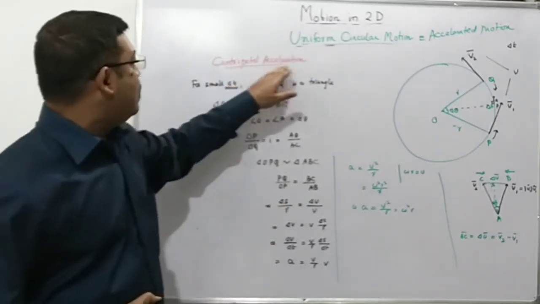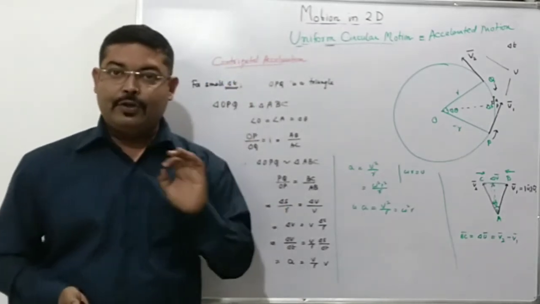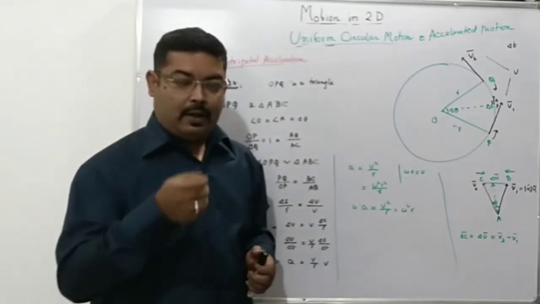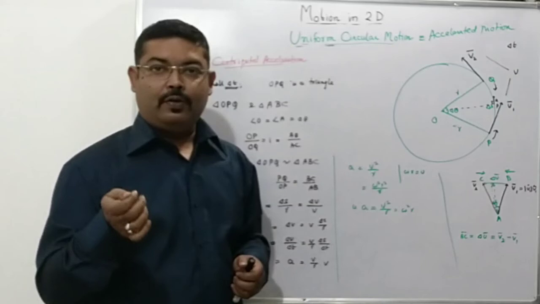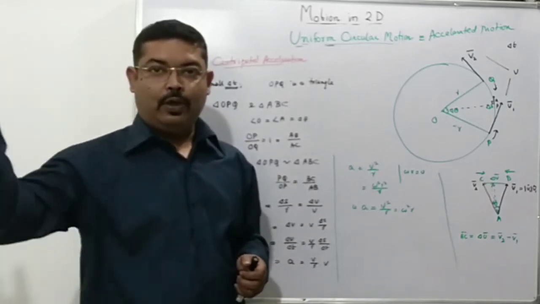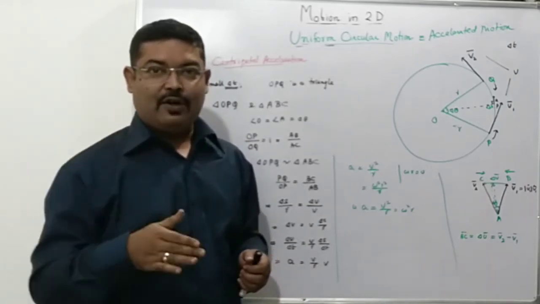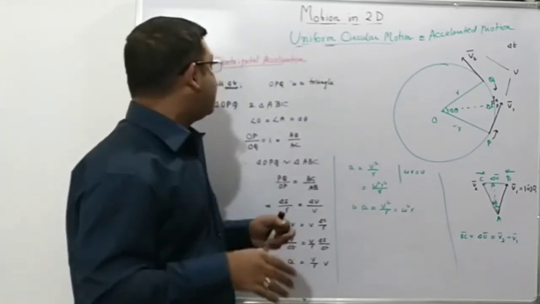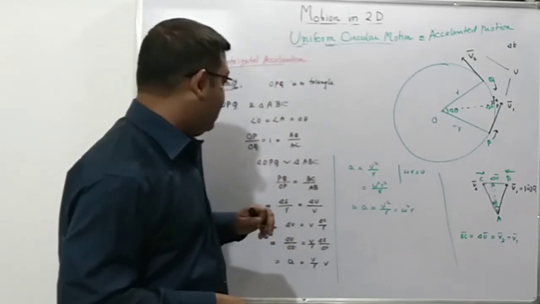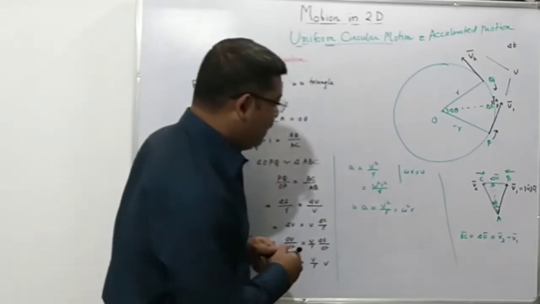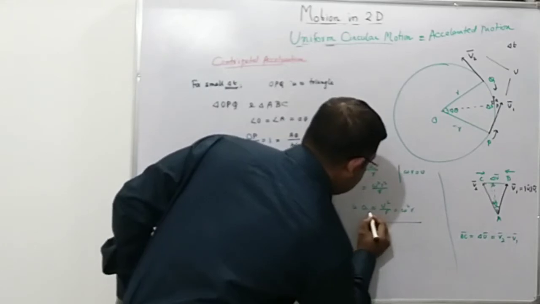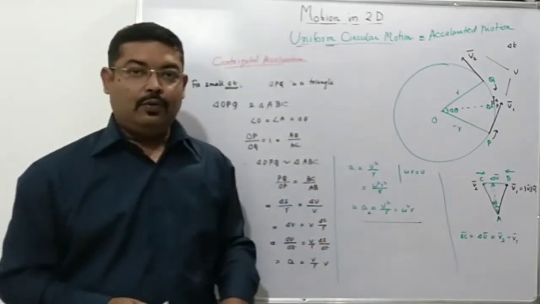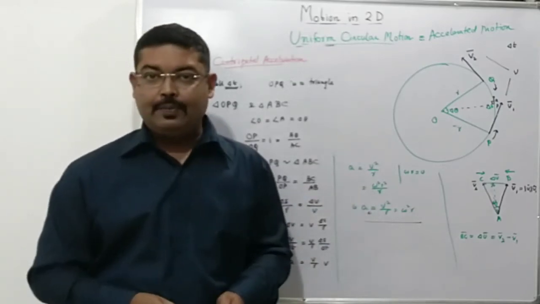Now, why is it called centripetal acceleration? That particular question will come to our mind. See, when an object is in uniform circular motion, you have to hold it or pull it towards yourself, towards the center of the path, so that it keeps on moving. Since the acceleration is towards the center, that's why it's called centripetal acceleration, and this will be given by this expression. We can also subscript it with C to identify that it's centripetal acceleration.